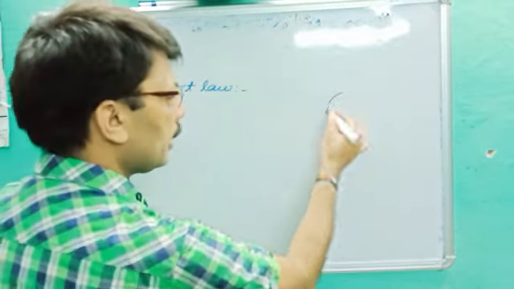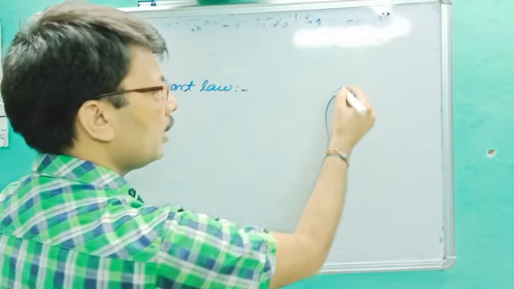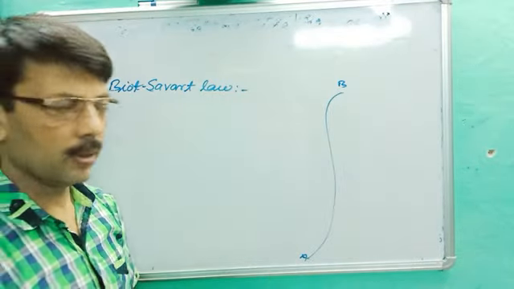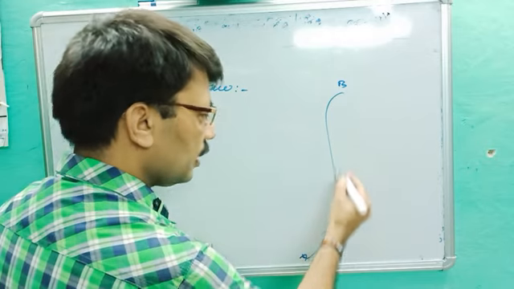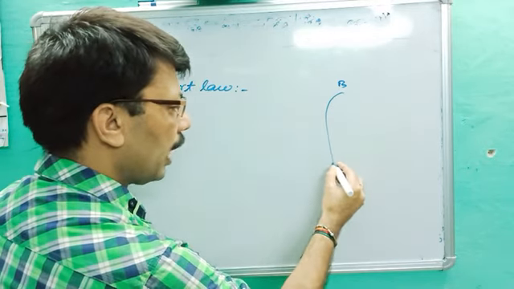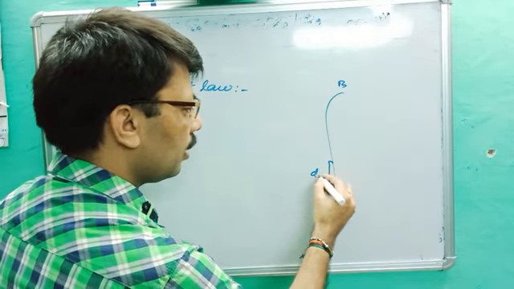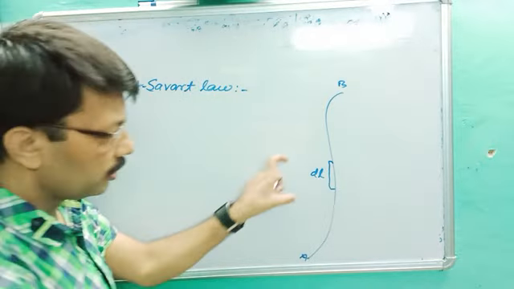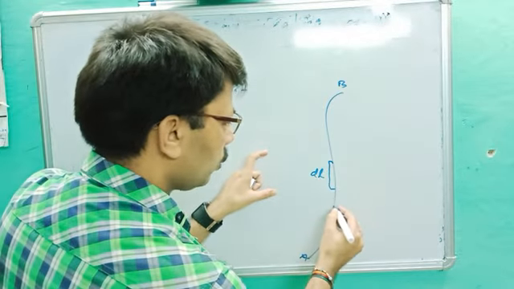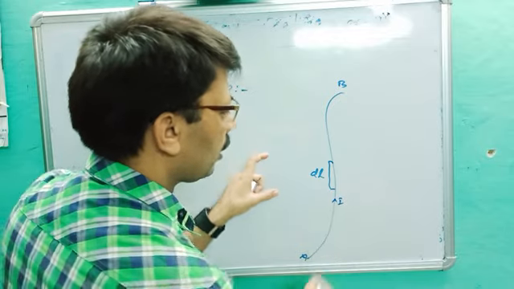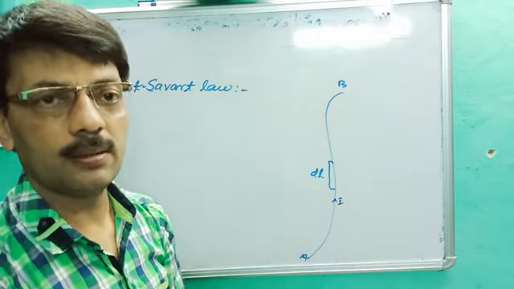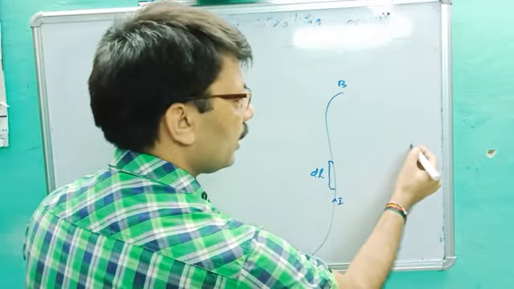According to him, this is any irregular wire. Let's suppose this is any irregular wire AB. Its length is L. Since the wire is irregular, we have to cut it. That is called DL. Total length is L, and that much portion is cut, DL. The current flowing through it is I. So I DL is called the current element. Let's suppose I ask you to find the magnetic field at this point.